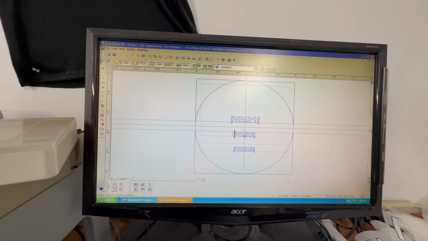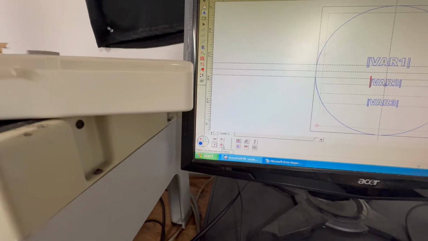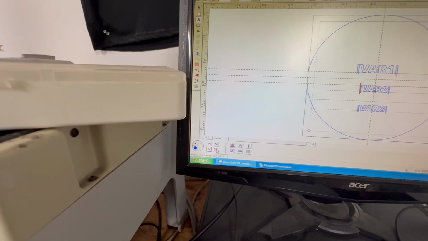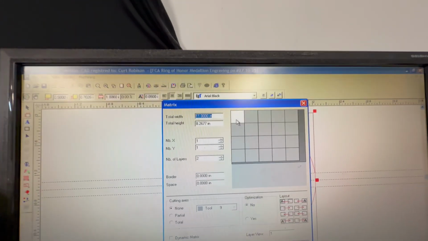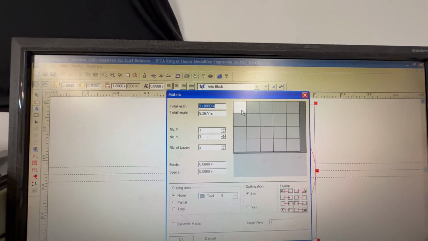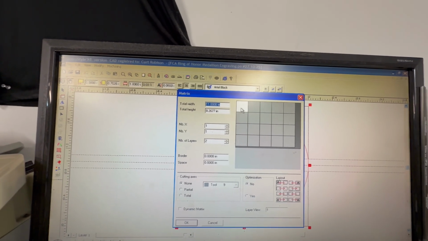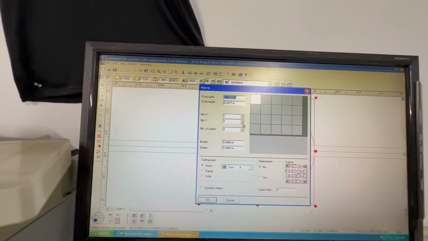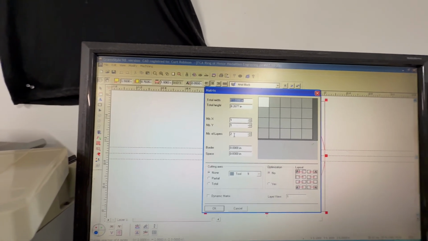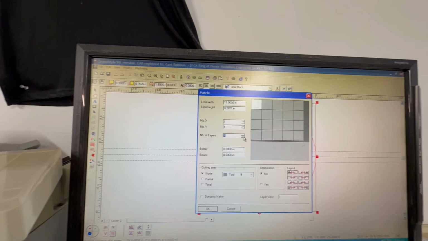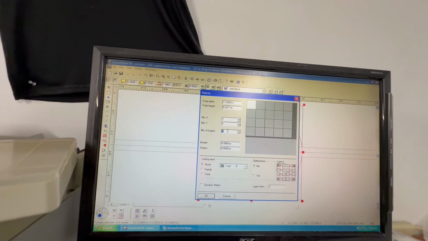spacing be correct. So then what you want to do is go into the matrix. And this will lay out how you want to do this. You can do all of these squares at the same time on one big gain sheet, but since we're doing medallions, we want to do one at a time. So we just want 1, 1, 1. Number of layers 2, that's not going to be right. We just want 1. The reason why it says 2 is because we have that information in there from the